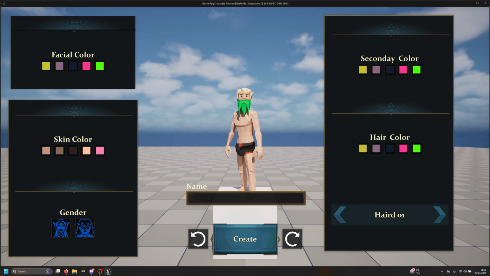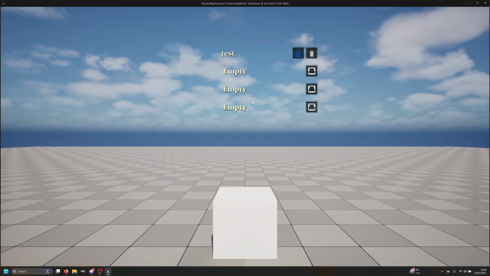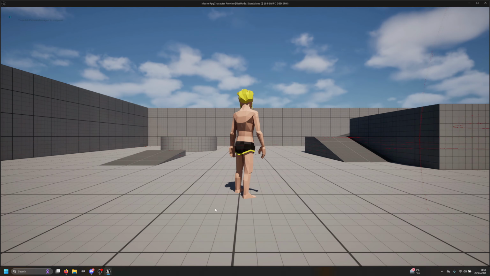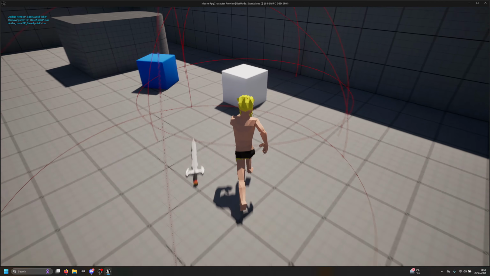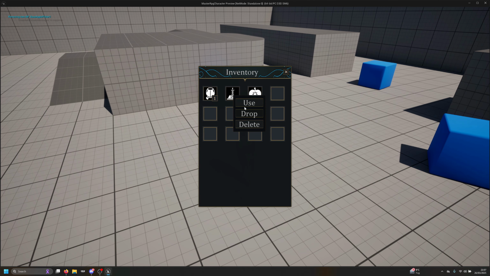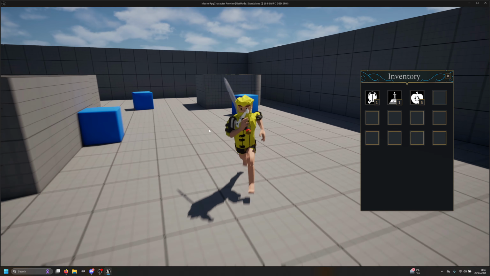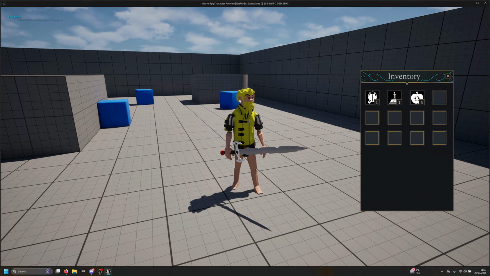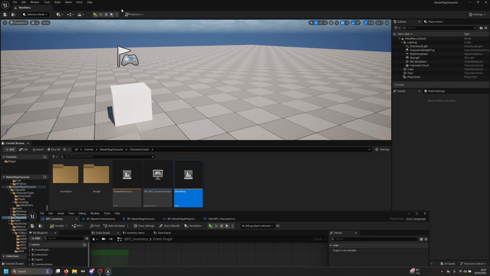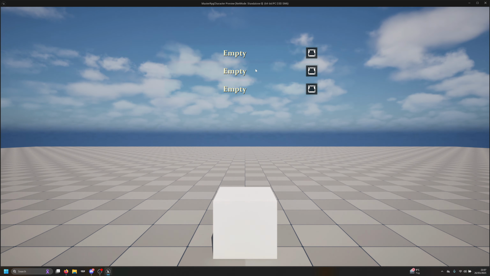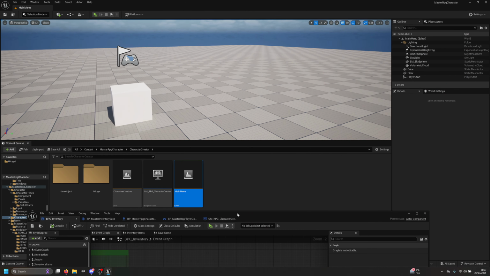so if I go back, I don't know why, I'm going to add test. So if I press play with this test, I'm just going to get the item here. I'm going to equip the item. So I have everything equipped, which is fine. And you can see the character also affect here, but also now the character is saved, which is good. So if I go back right there,